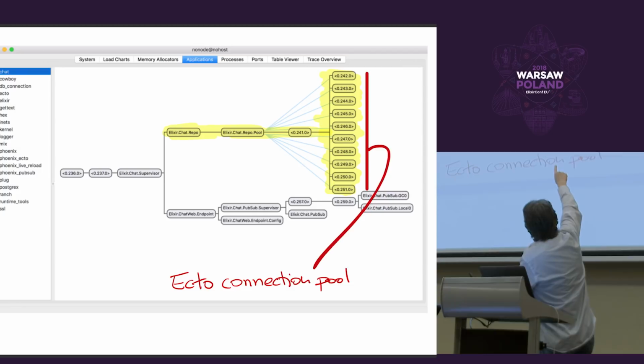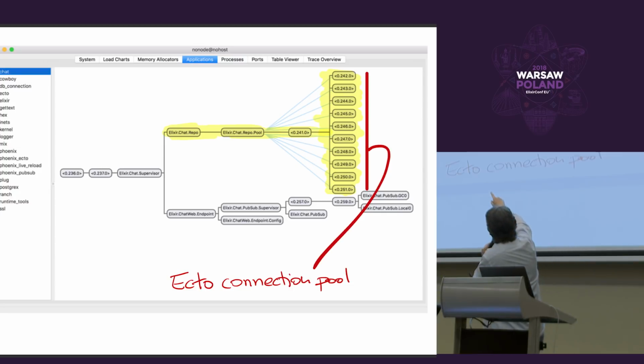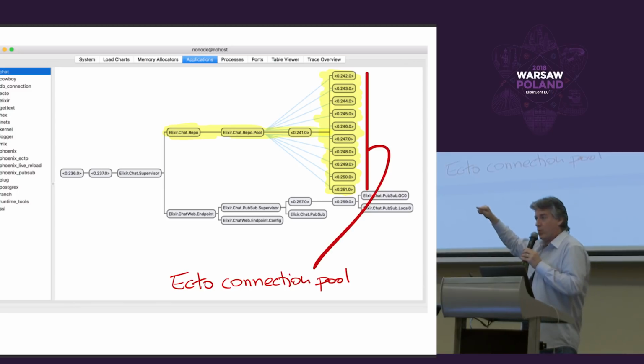And this is the part of the tree of your chat application that represents the repo. Those processes there on the right, those are the connection pool. Those are connections established to the database. From the repo to the repo pool, there's just one line, and you see there Elixir chat repo. You could think that this is close. This is far away in the source code. So I've counted like 15 jumps, in 4 different libraries, from the point that you start the repo to where the pool is in the end created and the name